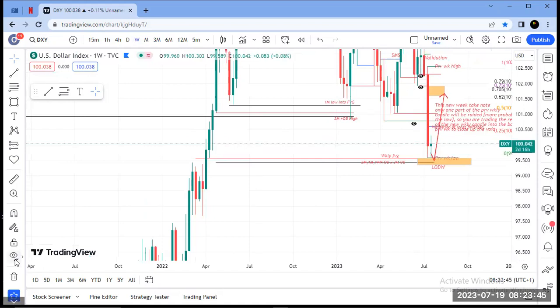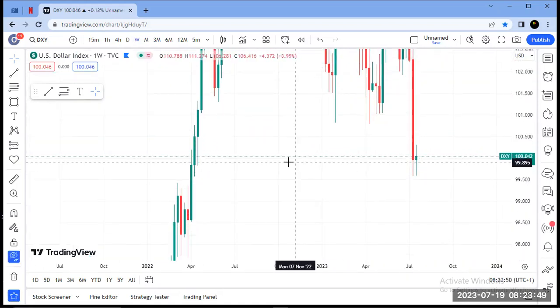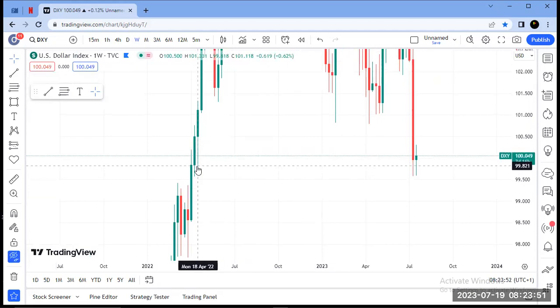On the weekly time frame, now watch. On the weekly time frame, we had a low. We had another low here. This is fair value gap. That was why I was pointing your eyes to this point in the Telegram and on the WhatsApp group, because